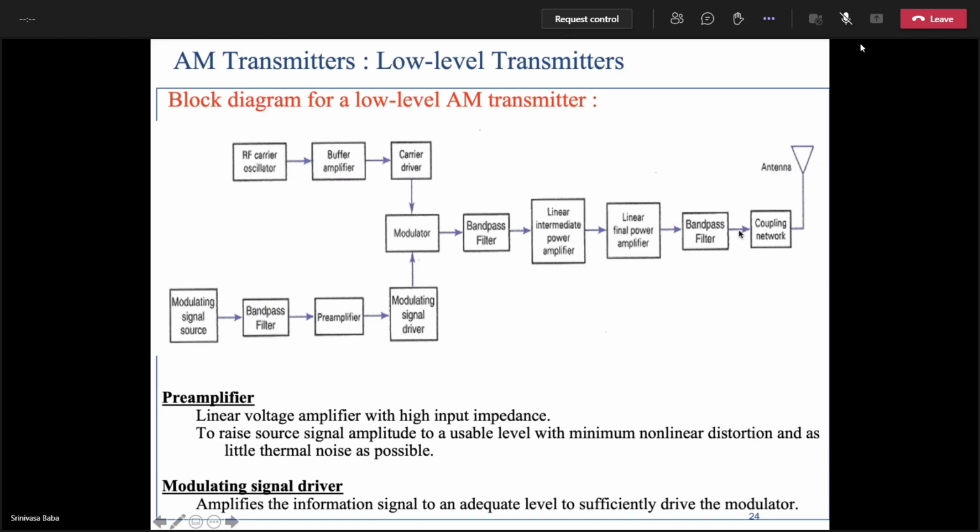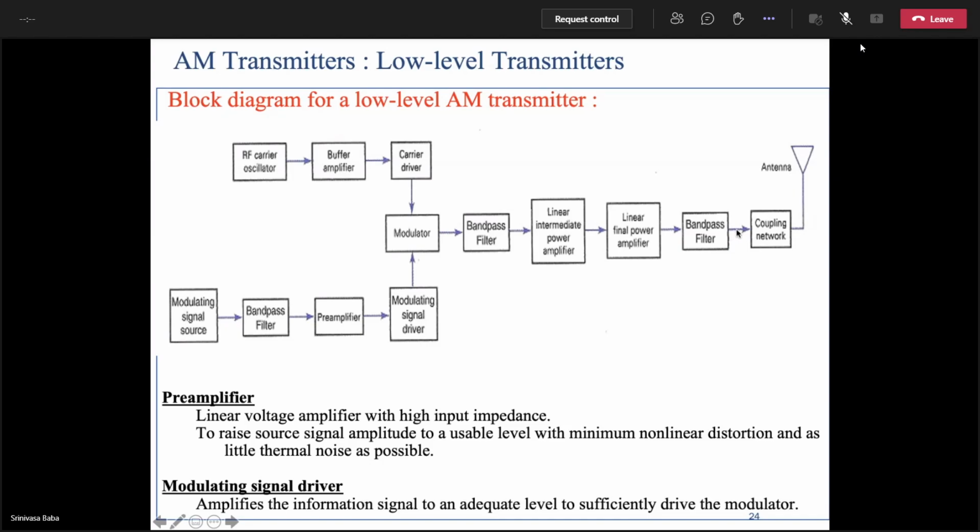The output impedance of the band pass filter, 50 ohms, we are trying to match with 377 ohms. If this network is not there, then some part of the signal will be absorbed by the antenna and will be radiated into the free space, and the remaining part of the energy will be reflected back and will reach back to the oscillator, and it spoils the oscillations if the buffer amplifier is not there.